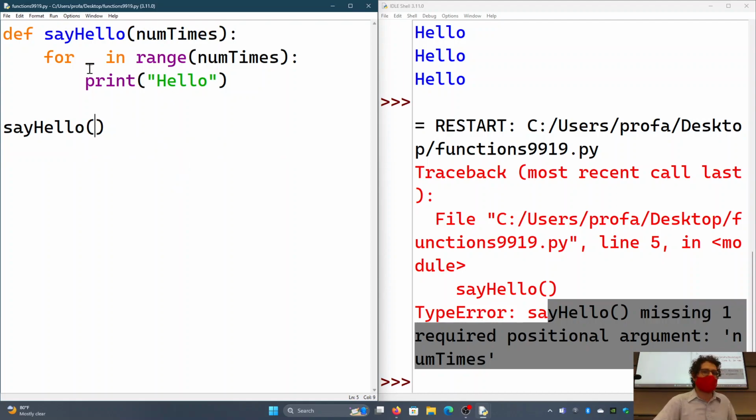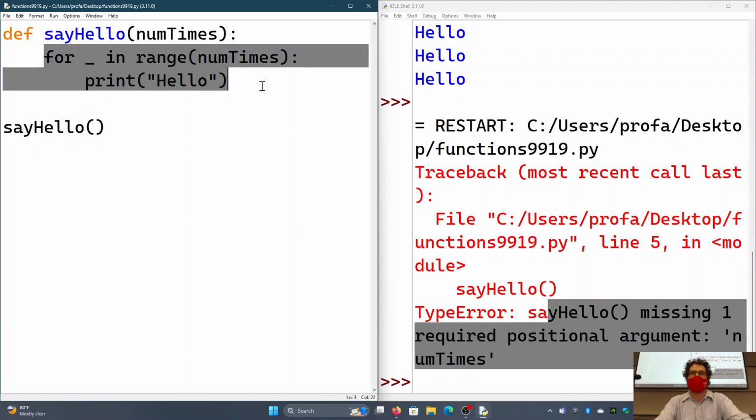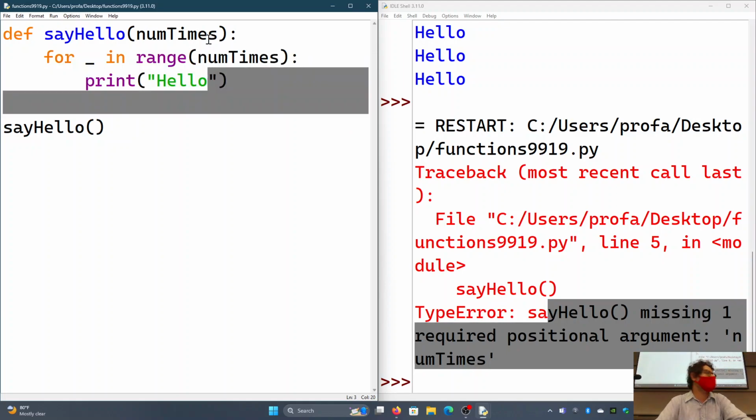So one way we think about the arguments is that they're a contract, which is saying, hey, if you give me this argument, I'll be able to use it to do something, but you have to give me that argument. So because I didn't provide anything for num times, it crashed because it's like, I need this knowledge to work. I have to print hello out a certain number of times. If you don't tell me how many times, I can't use it.